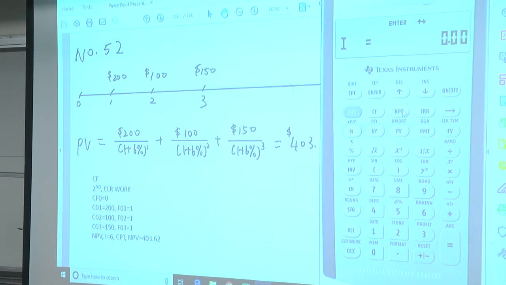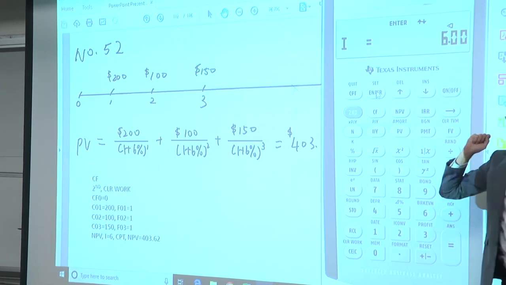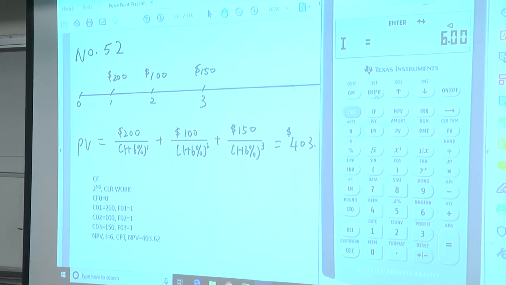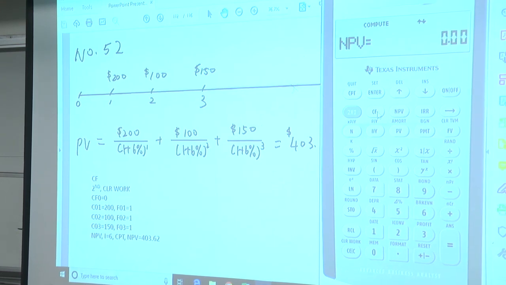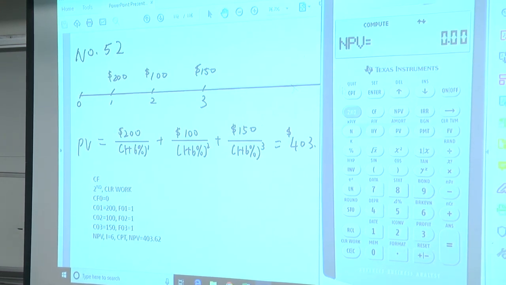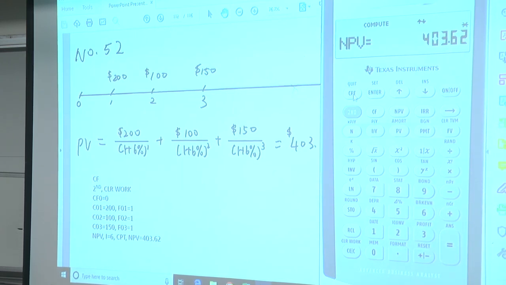Now it's time to put in your interest. How much interest are we having here? 6%. So put 6, the same as the 5 key. Okay? Don't put 0.06. Remember to enter here. Do not just put a 6 and scroll. Okay? Every number you put in, you hit enter, you will see this little triangle here. That's when the calculator registers the key. Okay? Press down button, and now it's NPV, right? So we press compute. Okay? So the 3 cash flows total is $403.62.